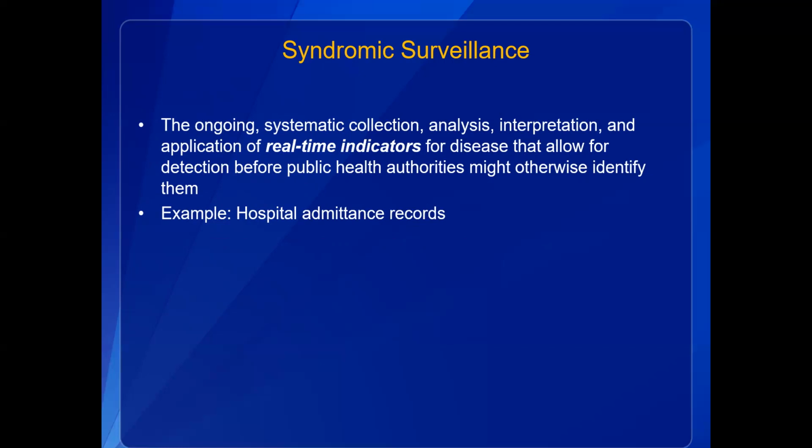Another common syndromic surveillance system is for measles and rubella, and all of them cause a rash. There are also a lot of syndromic systems for STIs. Another good example is looking at hospital admissions. If you see an increase in the number of patients being admitted, it prompts you to do further analysis to see what they are being admitted for. Remember, these are like indicators, like warnings, and they prompt public health authorities to put in place systems to